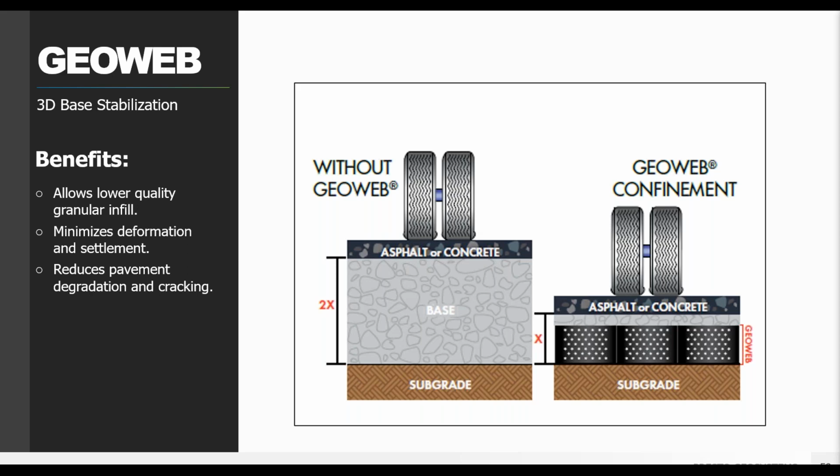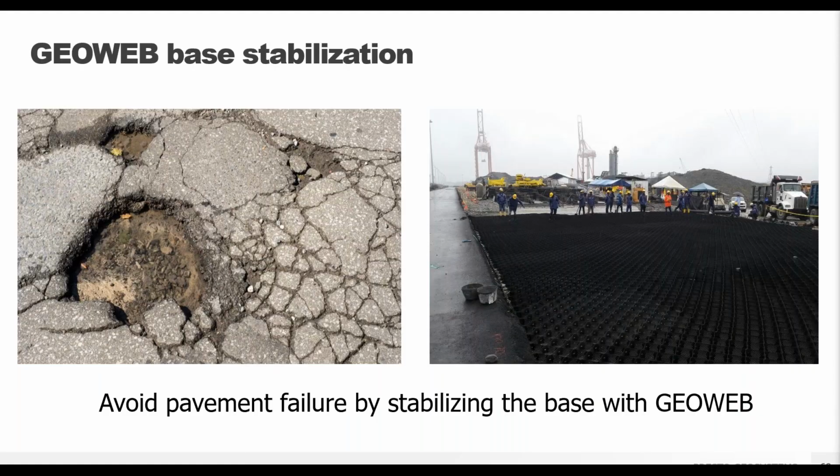And that strong base layer means a strong surface layer, which means longer pavement lifetimes with less maintenance or section replacement. So I'm sure everybody has seen this, driven over this, hates this sort of problem. An unstable base underneath your hard pavements over time is going to lead to rutting, settlement, potholes, pavement degradation, and potentially total pavement failure.